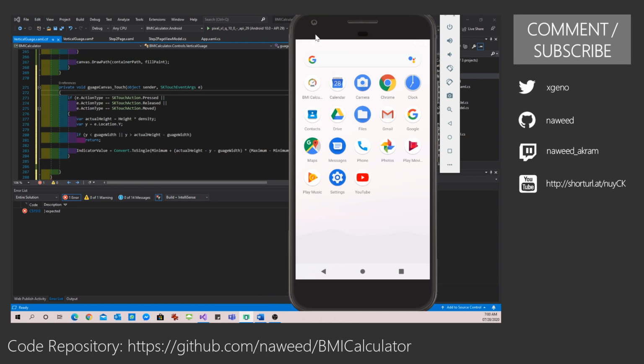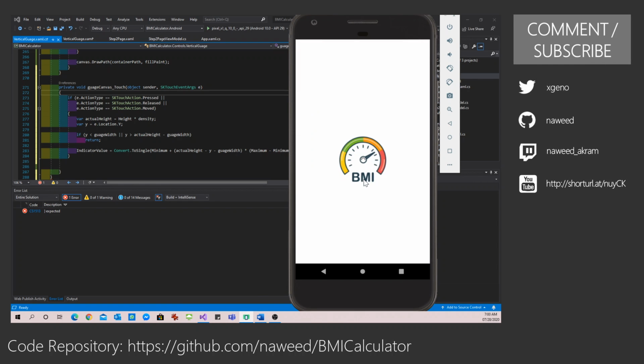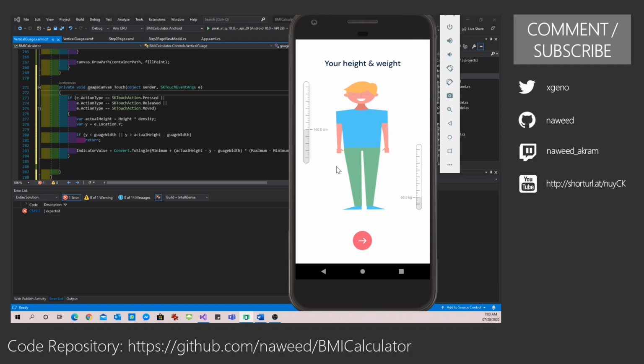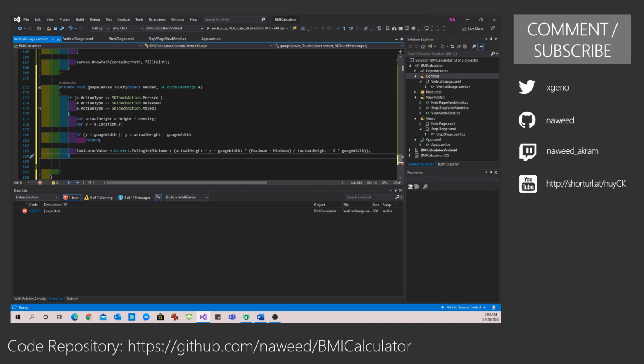As an example, if I go back here, let me show you. In this particular one, my gauge was 120 to 220. So somewhere in the middle is around 120 plus 70, 170. So over here, this is my center, right? This one is 40 to 200. So which means my center, if I take the center over here, this will be 120, I suppose. Yeah. So this is the calculation that I am doing.